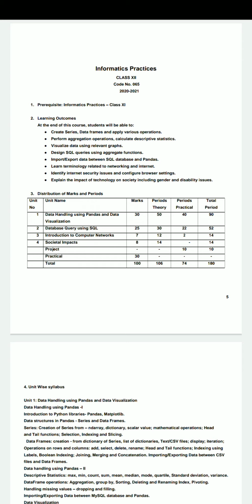As you have already learned SQL and MySQL in class 11, you are familiar with SQL. SQL is a language, whereas MySQL is a software which is used to implement SQL. Students, this query generally looks like English language, but it is not exactly English language.